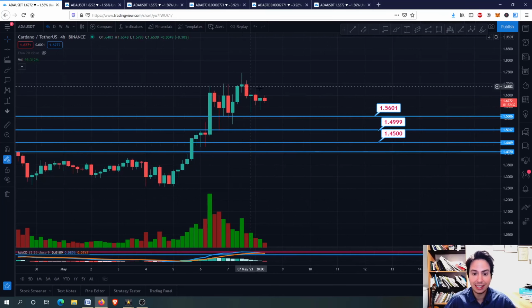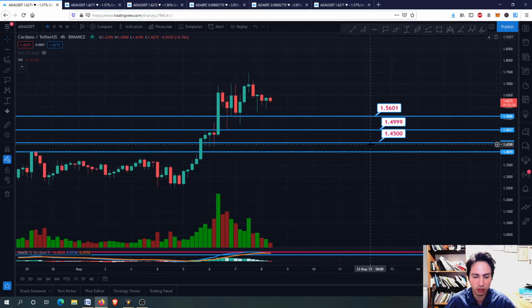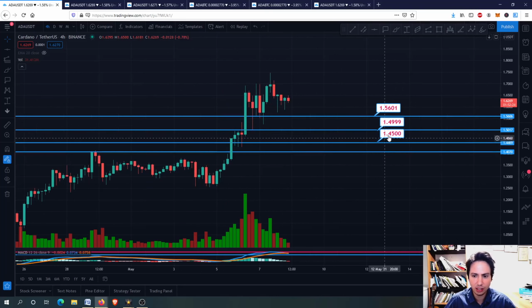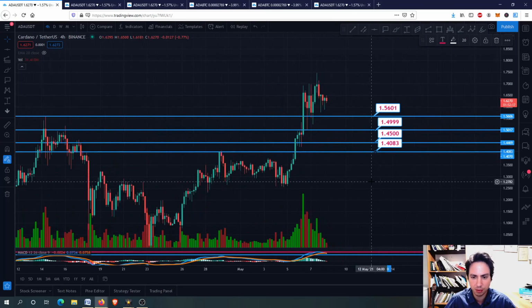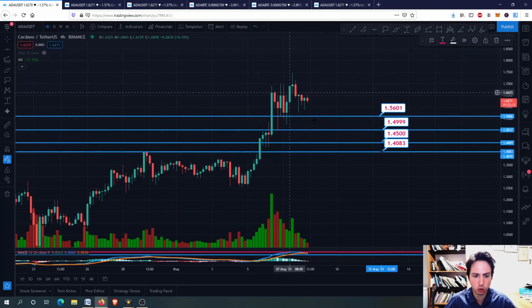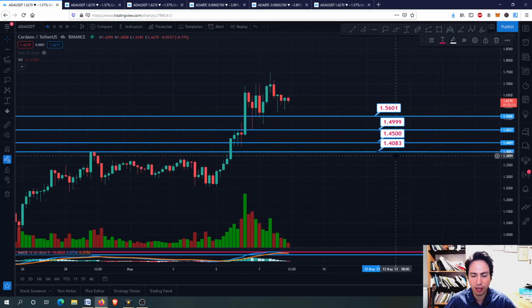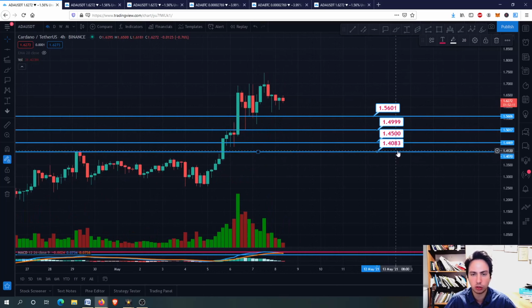Let's see, in case we retrace a bit more for the short term, we have the 1.56, 1.50, 1.45 USD and of course our 1.40, which I don't think it will be the case to drop so much because of the head and shoulders pattern. I think we will stop there if we had to retrace so much. I don't say we will, guys, but these are our support levels.